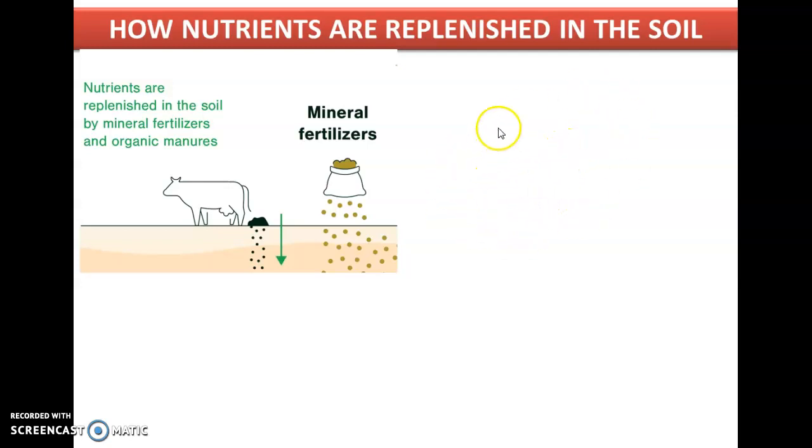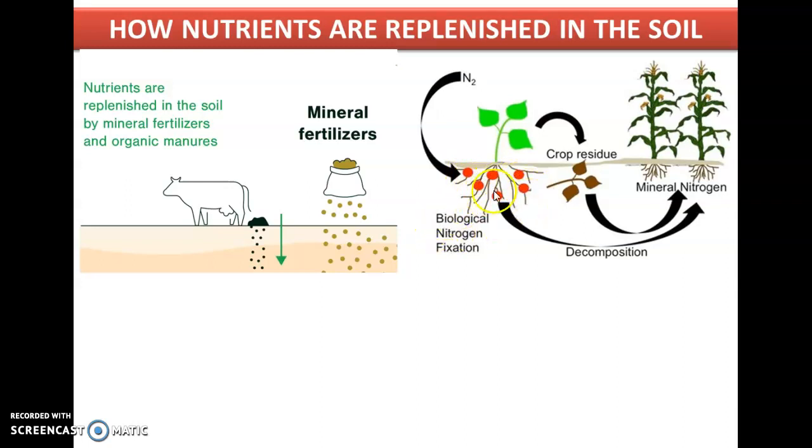Though the amount of nitrogen is plenty in the air, plants cannot use it directly because they need nitrogen in soluble form. This phenomenon can be seen in leguminous plants like gram, pea, moong, etc., where the nitrogen-fixing bacteria present in the roots of leguminous plants can take up atmospheric nitrogen and convert it into the soluble form. If a leguminous crop is grown in a field, there is no need to add nitrogen fertilizer to the soil.